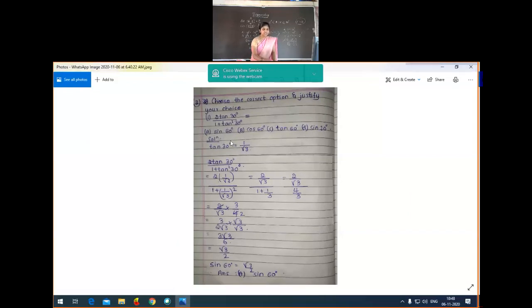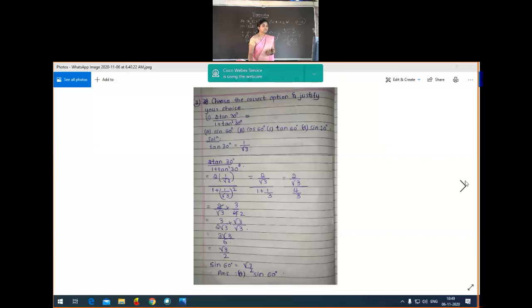So you just observe the table actually. Sin 60 value is root 3 by 2. Then cos 30 value is root 3 by 2. Here, which answer is right? Option A, that is, the sin 60 option is given. So that's why the answer is sin 60 degree. Got the idea of this problem, students? Yes. So the first multiple choice question is over. Is it clear how to solve this problem?